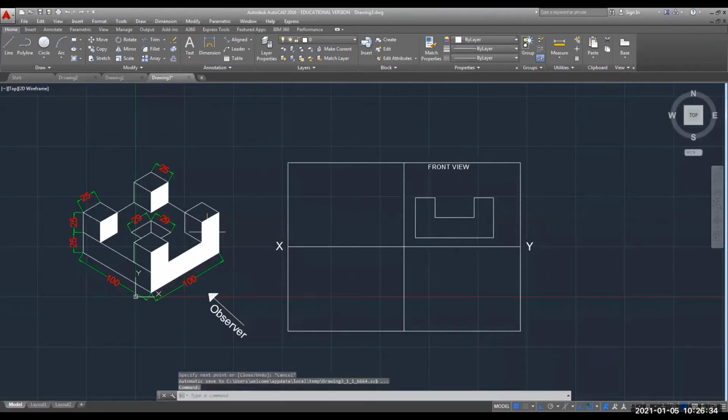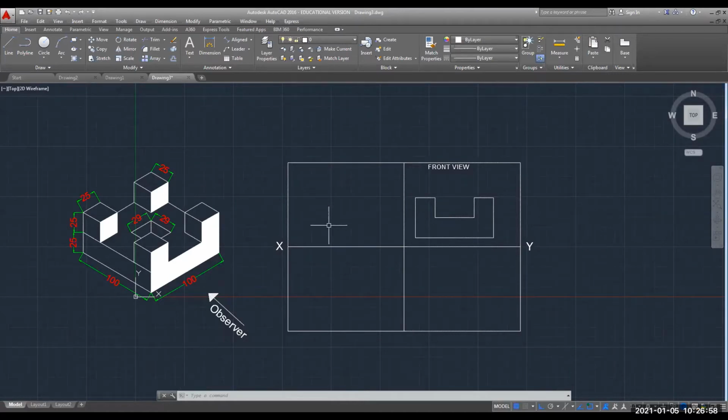This is what you can see here as the hatched portion. One more thing you need to see here, that there is one hole of dimension 29. That will not be visible from the front view. So the lines which are not visible in the front view, for that we have to draw hidden line.